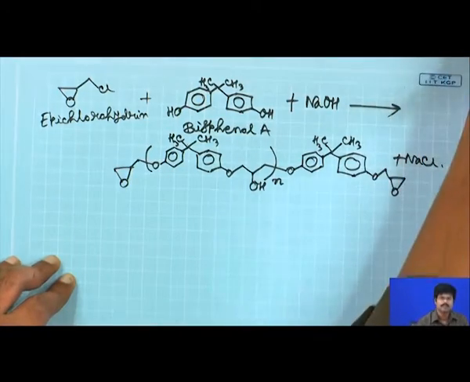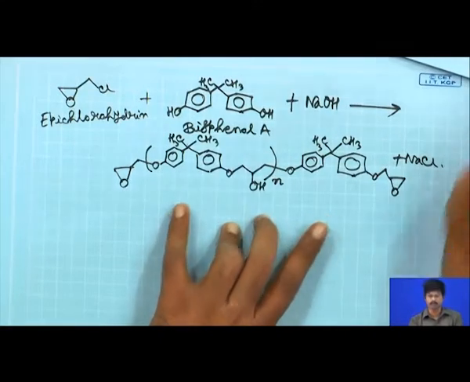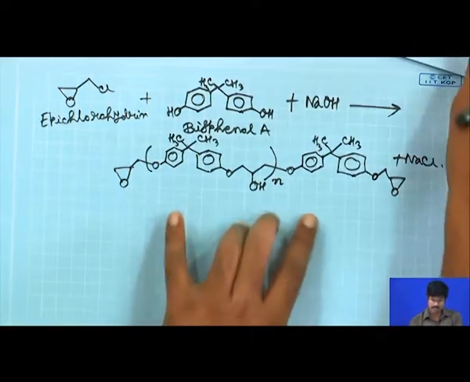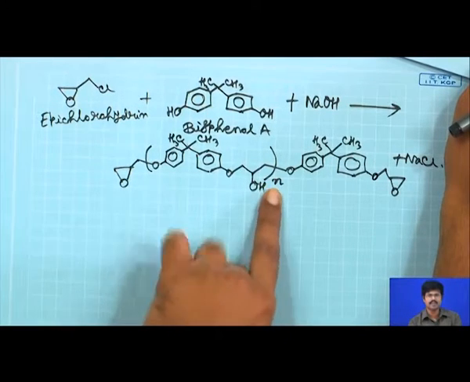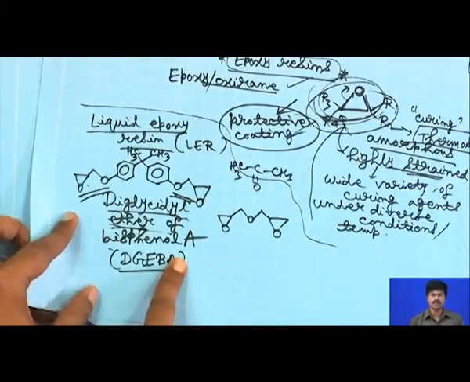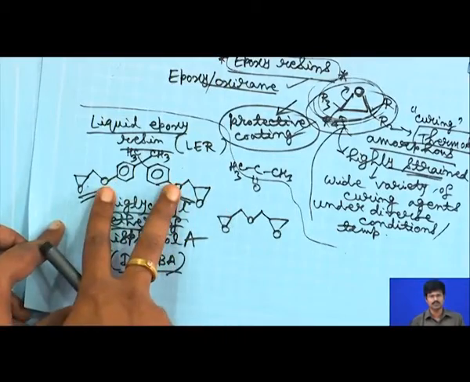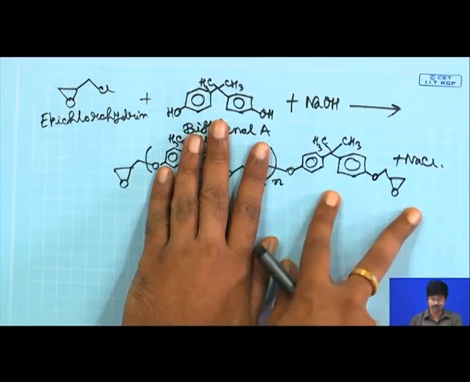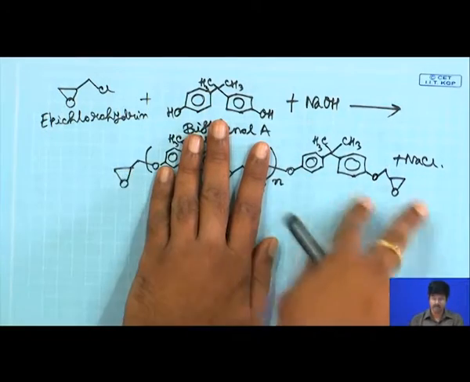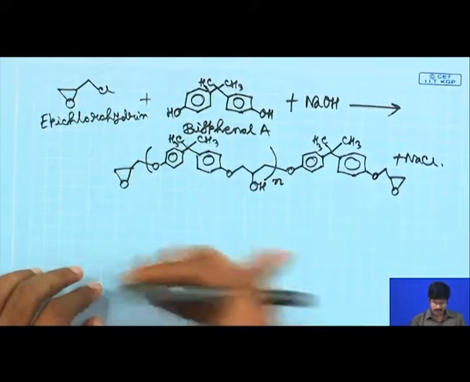So, basically if you look at this particular molecule, this is the general formula of the product. You can see that if this N is 0, then basically what you have got is your diglycidyl ether of bisphenol A, on this side glycidyl ether, this side glycidyl ether, and then you have bisphenol A. So, if this is not there, then you have your bisphenol A and on both sides glycidyl ether. So, basically this is DGEBA, but